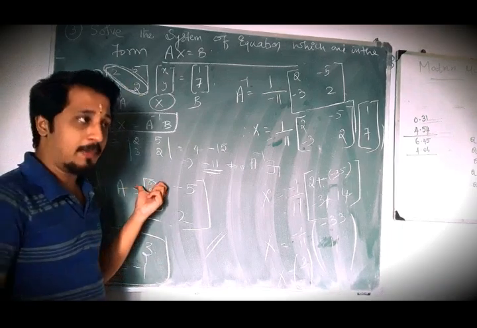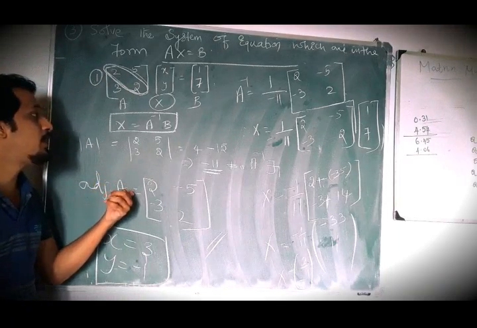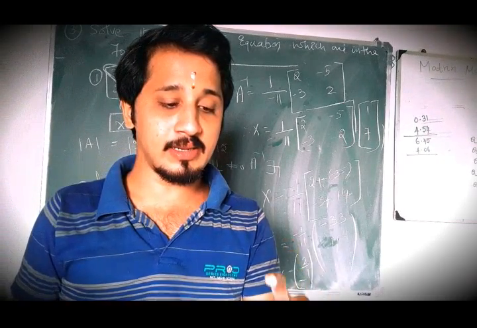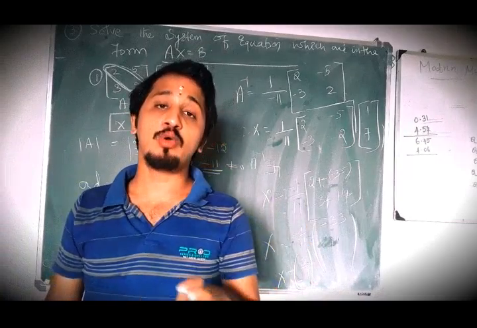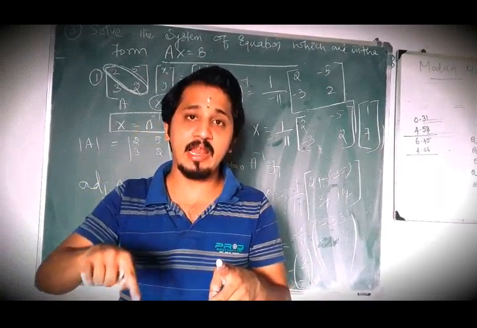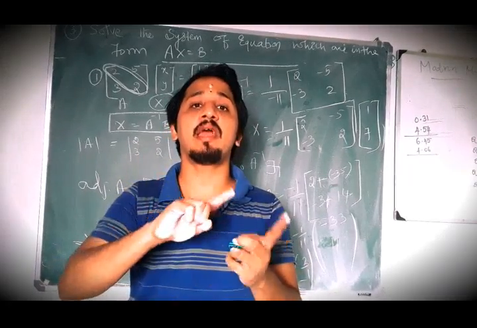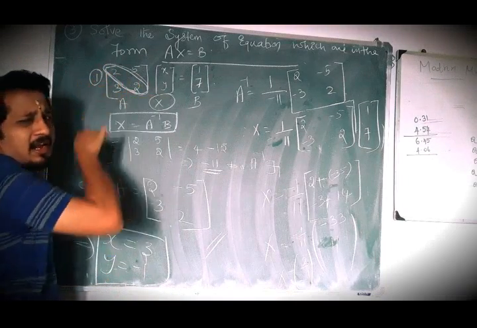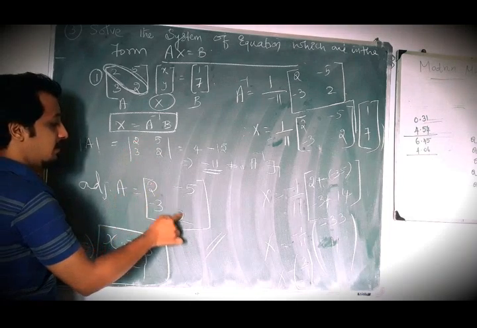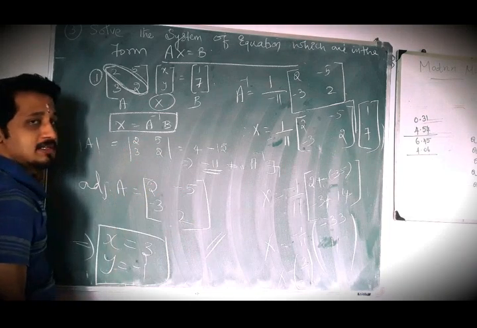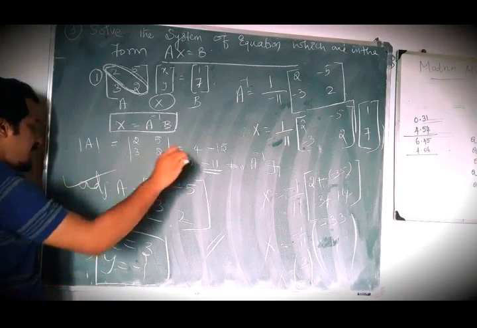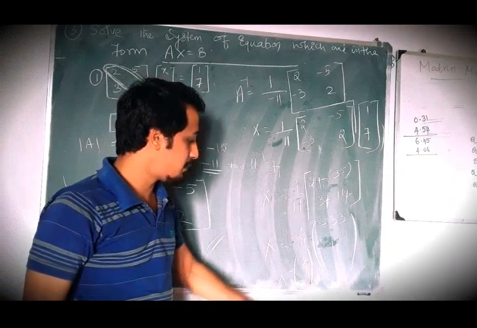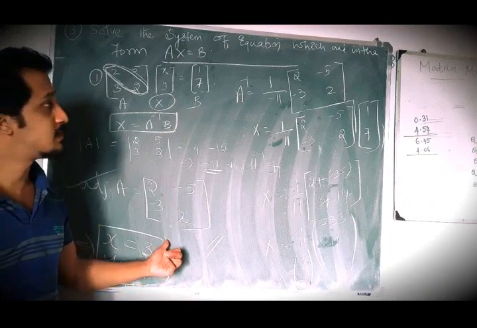So I am repeating how to find the adjoint of a 2 by 2 matrix. If you have a 2 by 2 matrix, how to find the adjoint? The principal diagonal elements, that means the main diagonal elements, you have to interchange, and the remaining elements you have to put minus. Is it clear? This is the way you have to find the adjoint of a 2 by 2 matrix. And if A inverse is clear, then x = 3, minus 2. Is it clear to everyone?